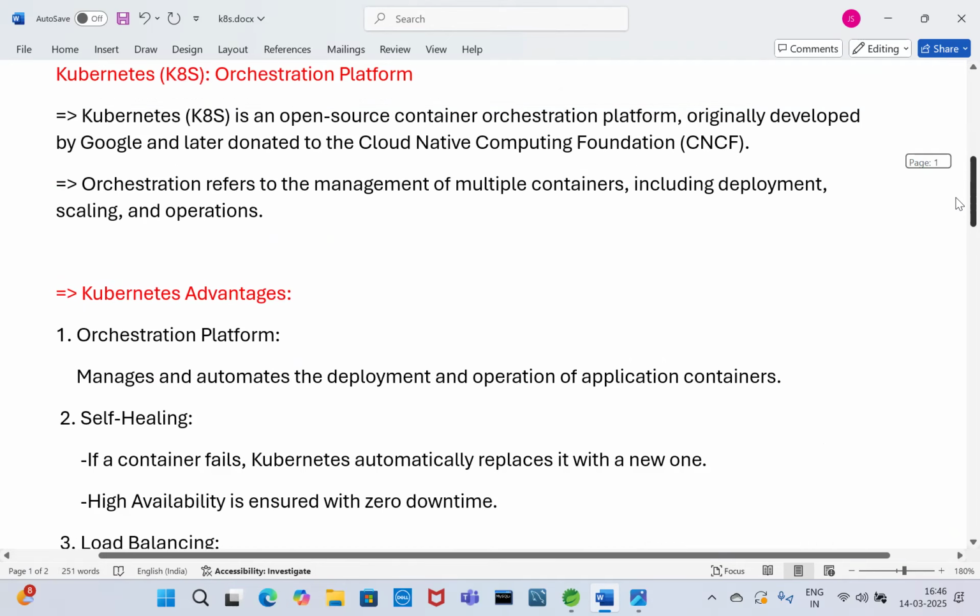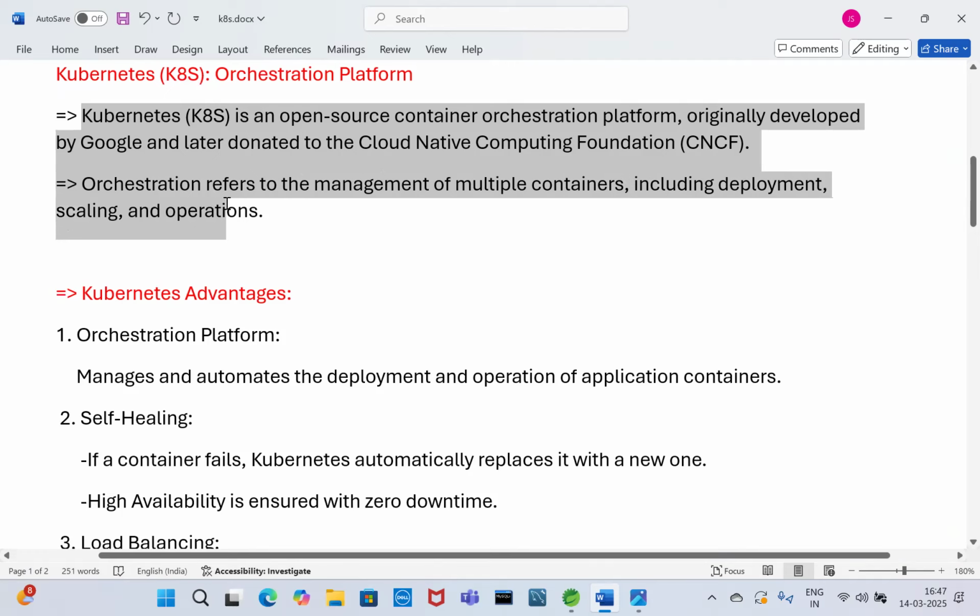Let's understand Kubernetes. Kubernetes is an open source container orchestrator platform originally developed by Google and later donated to the Cloud Native Computing Foundation, CNCF. Orchestrator refers to the management of multiple containers, including deployment, scaling, and operations.